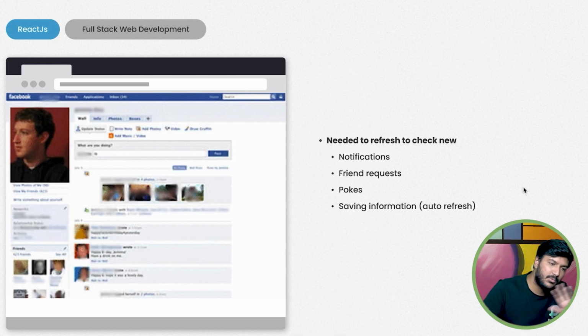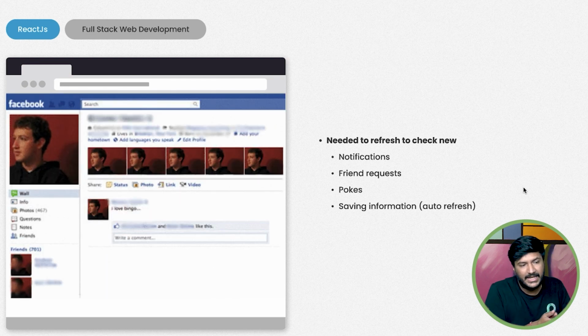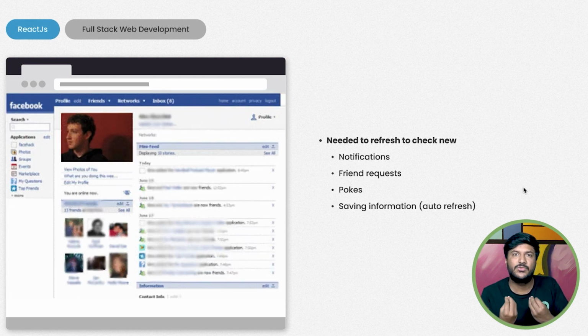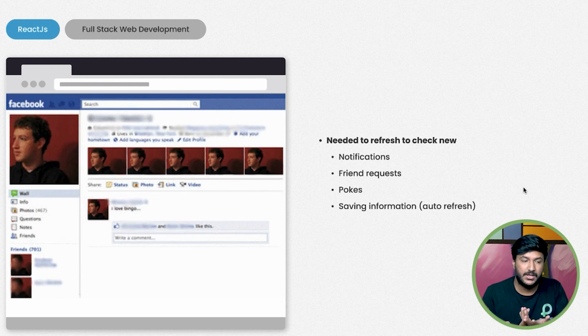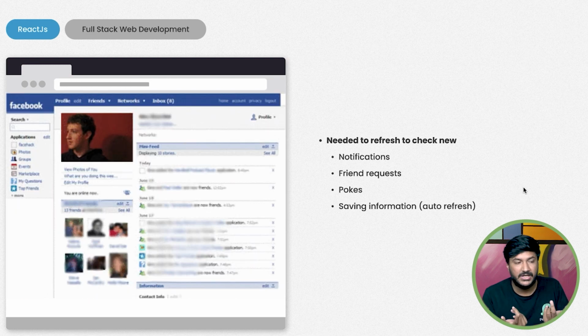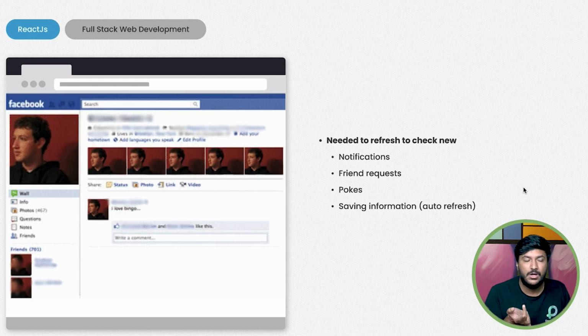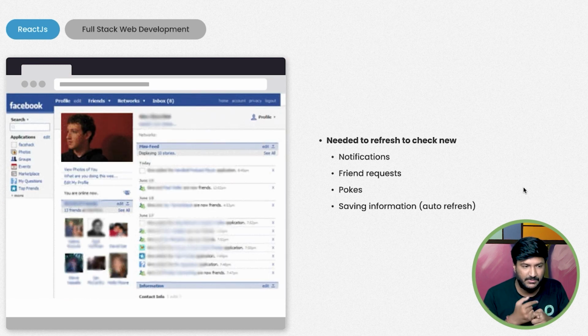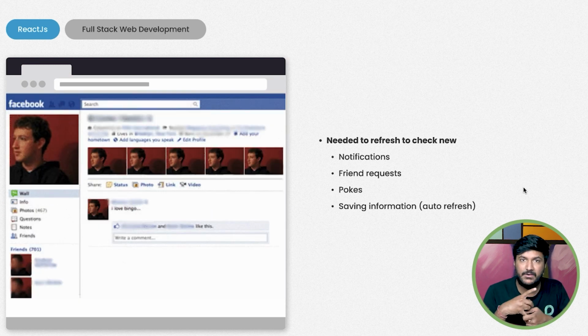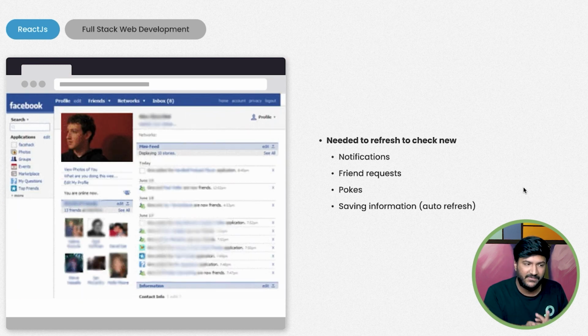So for example, in the earlier version of Facebook, every time you had to check for new notifications, you had to refresh the page. Every time you had to check for new friend requests, you had to refresh the page. Every time you wanted to check who poked you, you had to refresh the page.